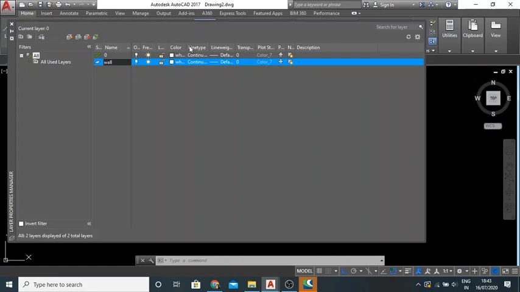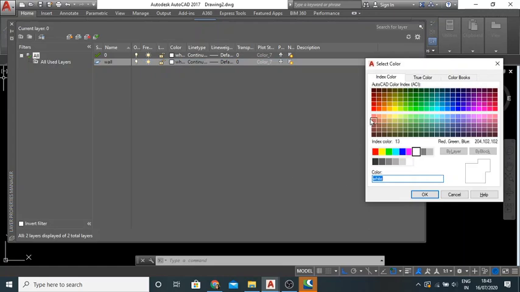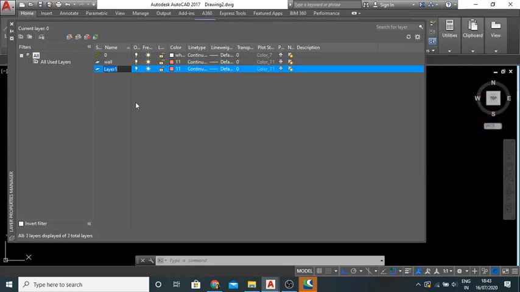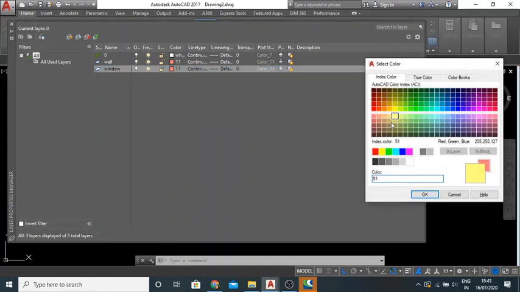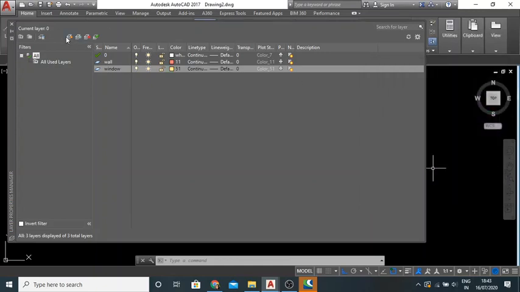We can change the color, line weight, line thickness, and transparency. I'll explain this later. For example, I'm giving a color here. Then I want to create a window layer. I'll use the primary colors only.